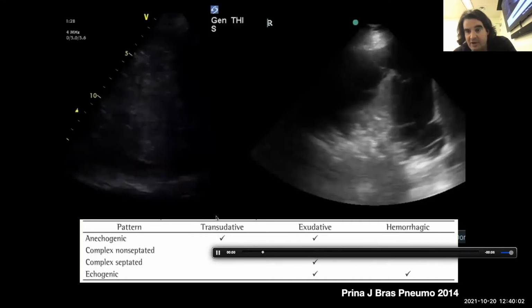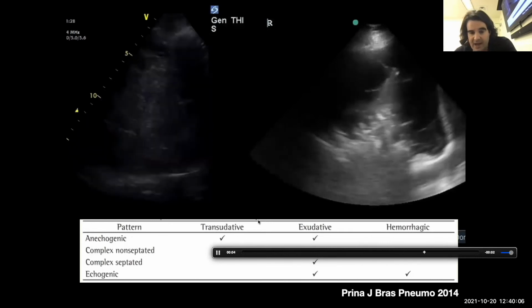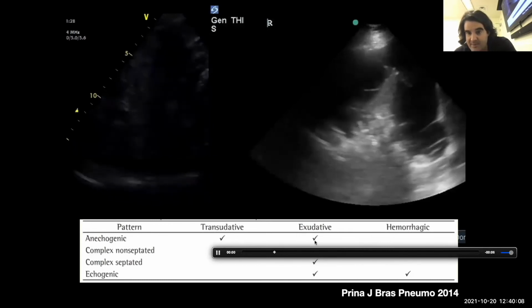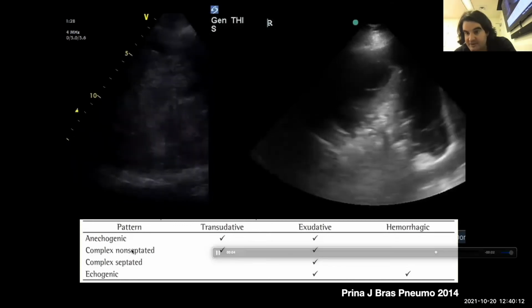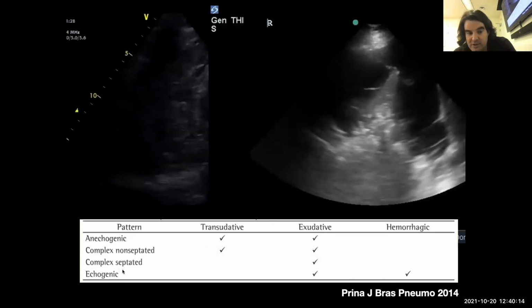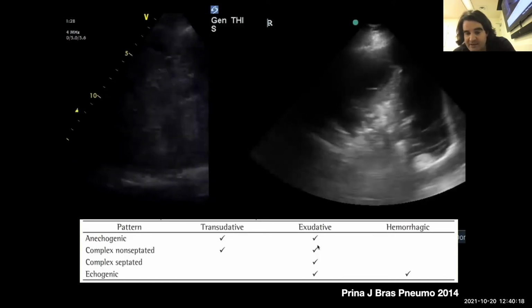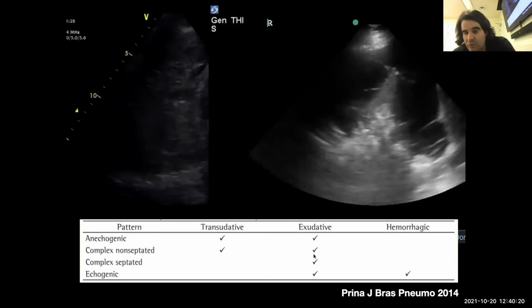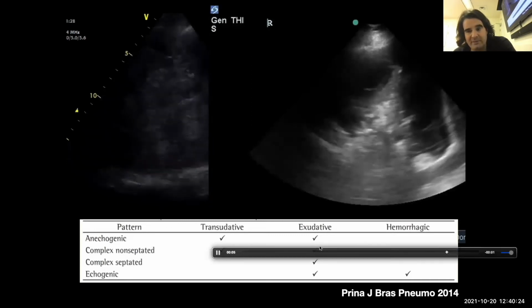However, as we saw in case 1, that's not always true. An exudative effusion can be anechoic. It can be complex non-septated, which means that there's actual echogenic material within the effusion. It can be complex septated. It can be very echogenic. And so, even like in case 1, if the appearance would seem simple, it's still really important to realize